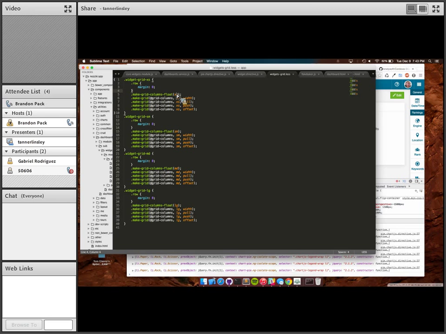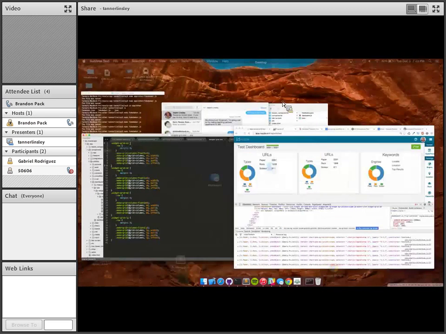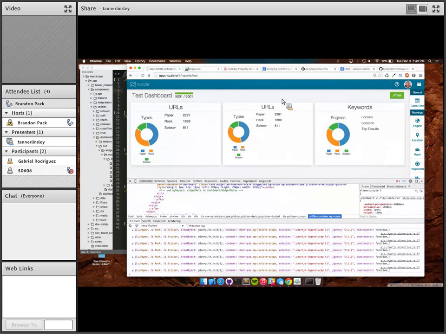Actually, I'm kind of just showing off all this dashboarding stuff. Does anybody have any questions about the dashboard? Okay. Well, if